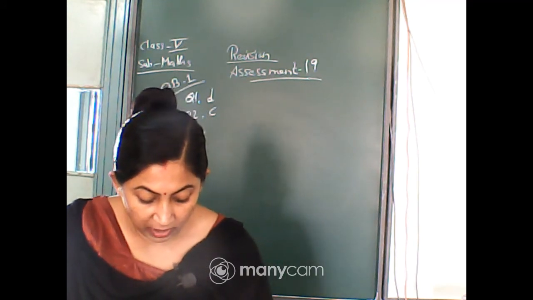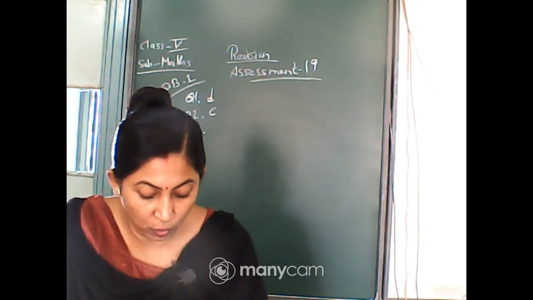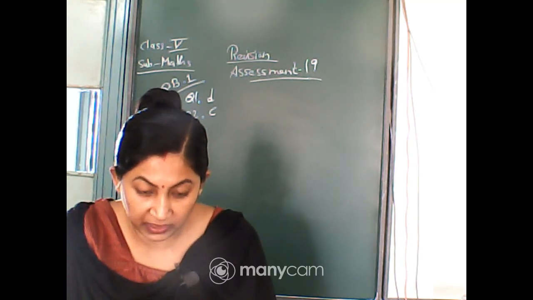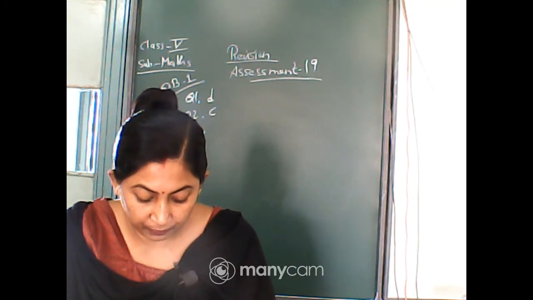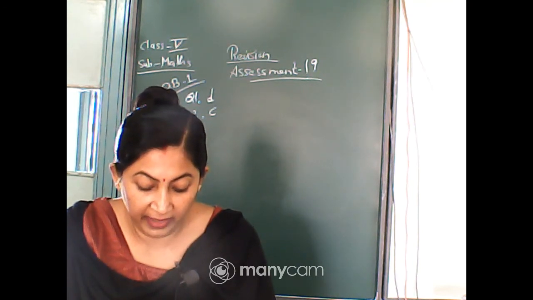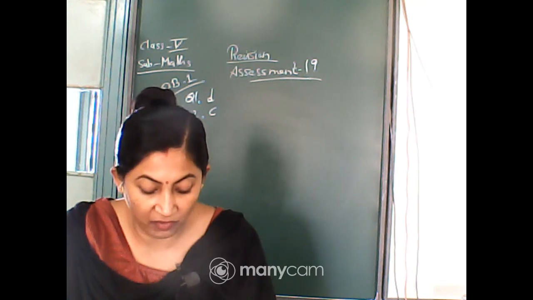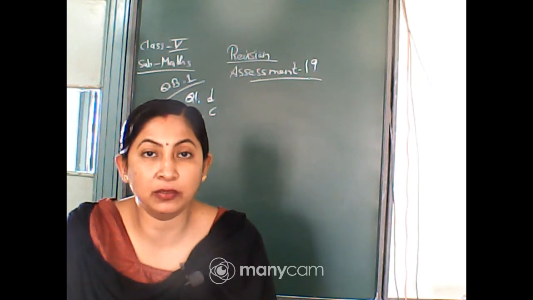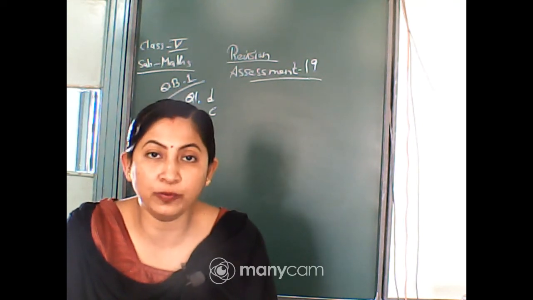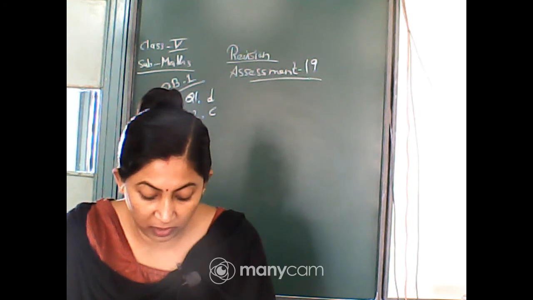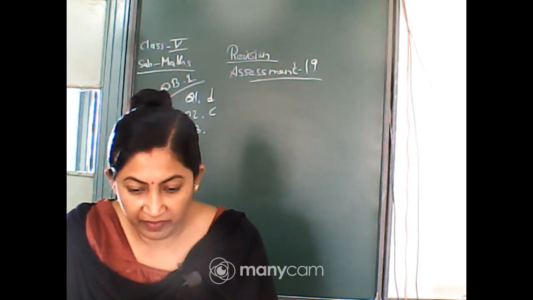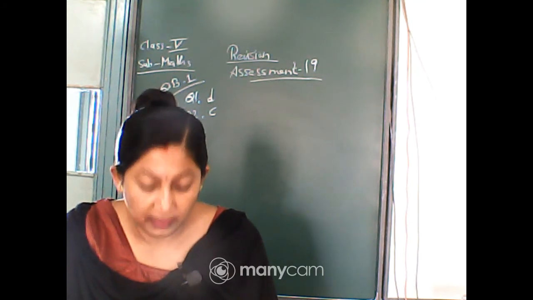Similarly, question number 6. How many small cubes of edge 10 centimeter can be put in a cubical box of side 80 centimeter? See, you will divide the volume of cubical box by the volume of small cubes. Volume of cubical box, as it is the bigger one, you have to divide it by small cubes. Okay. Divide both the volumes and then tell me the answer. It is 512.